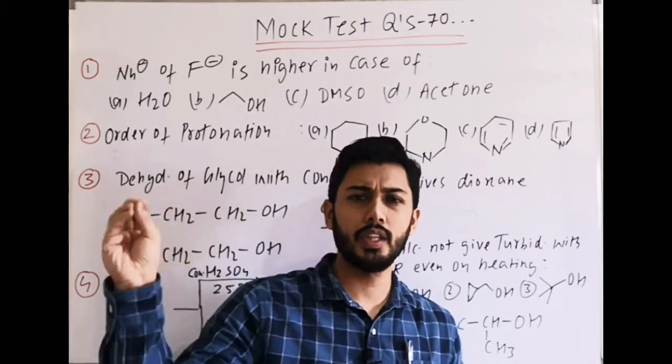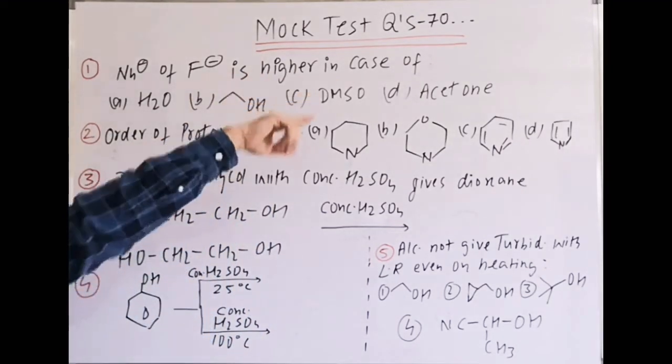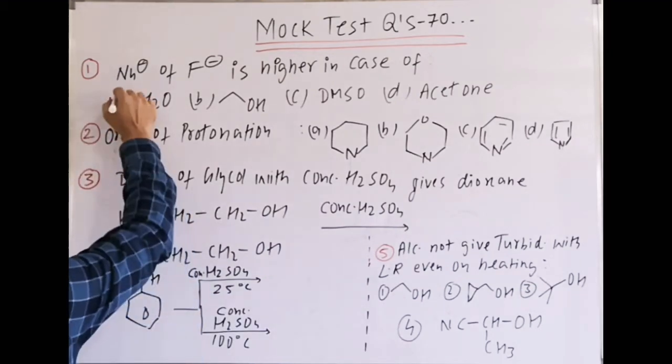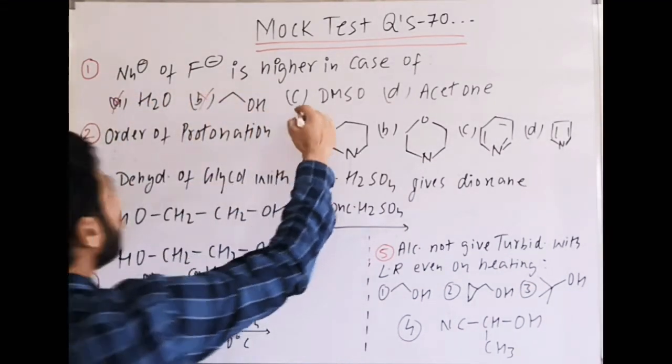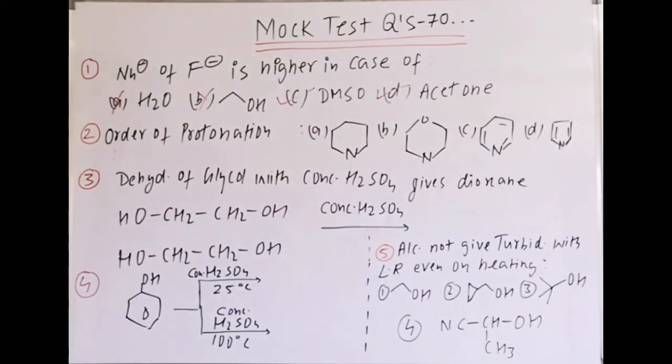The reason is that solvation of the anion is not possible in an aprotic solvent. That is why in these solvents, the first option, protic solvent, is eliminated; DMSO yes, D. So the answer should be both C and D. It is not about